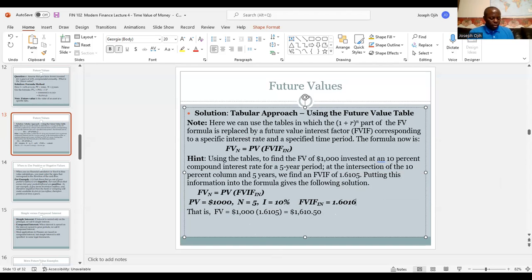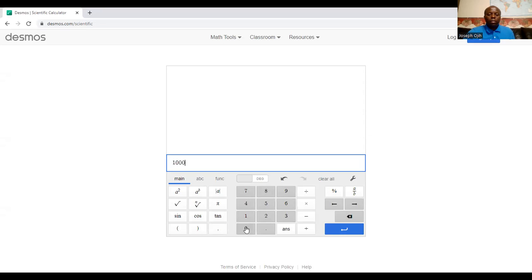You get 1,000 times 1.6105. We can do this on a calculator. 1,000 times 1.6105, and you see